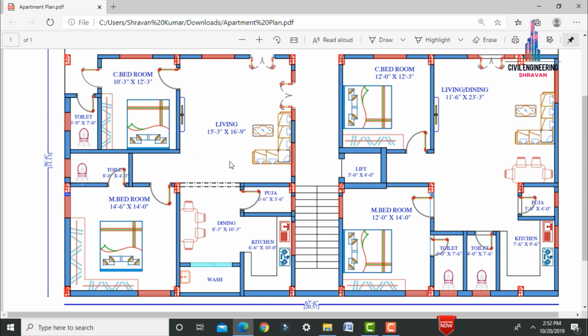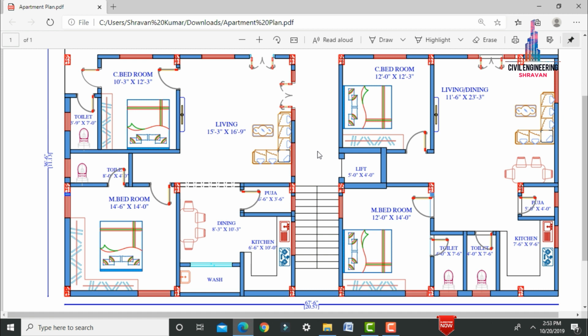So this is my house plan. It will consist of 2 flats on each floor. Initially I will take the ground story for parking purposes. After that I will take the first, second, third, fourth, and fifth stories as apartment residential purposes. Each floor will consist of 2 flats. This is the typical floor plan for the first, second, third, fourth, and fifth stories.